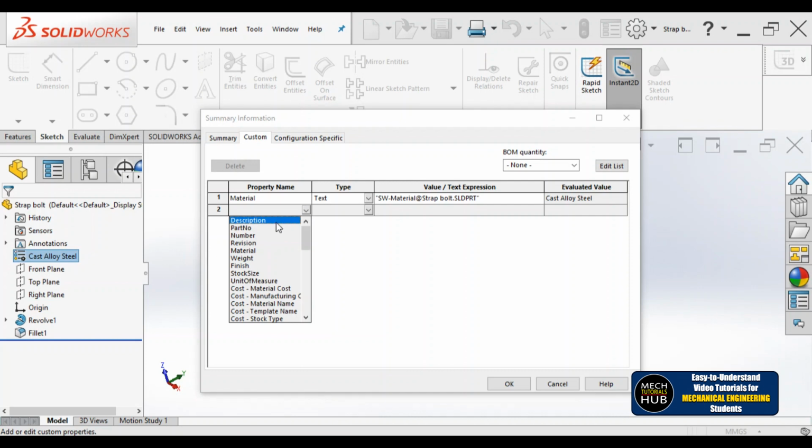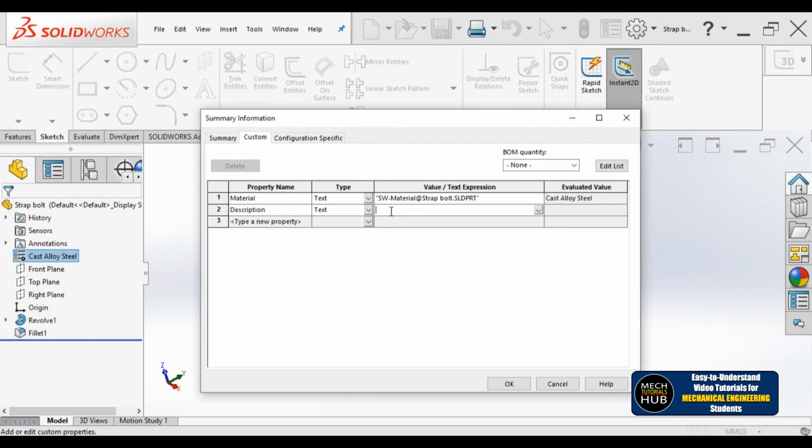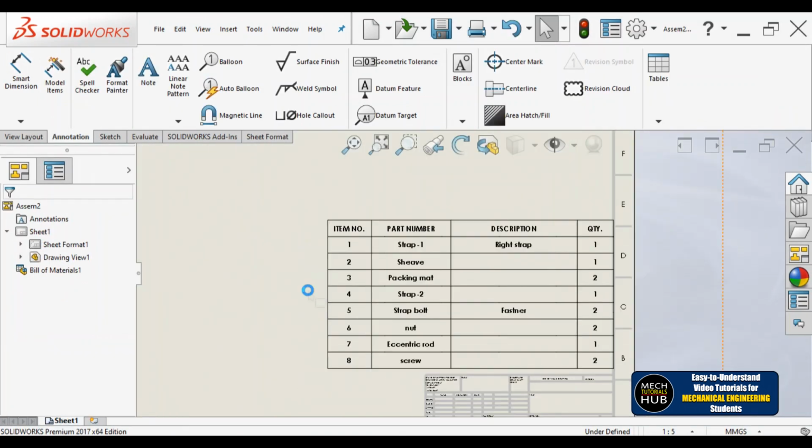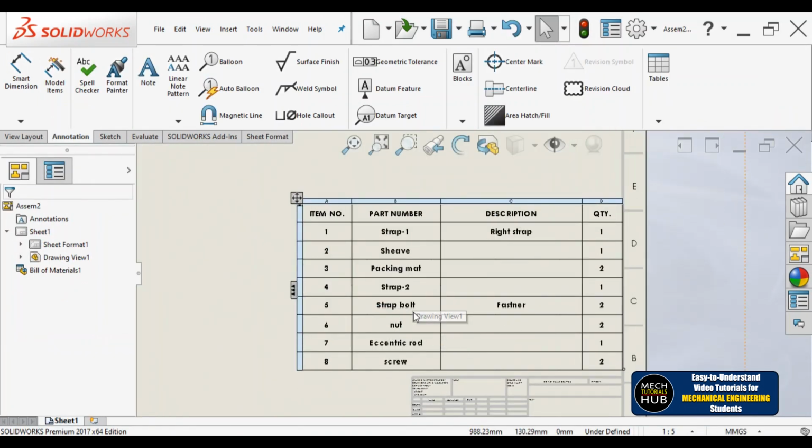Similarly, I told you about the description also. For the same part I would like to give some description, and the name of text maybe fastener. I just give the name as fastener. The same information is going to be placed there on the sheet. Once I say OK to this, let me close and save the changes whatever we made. Now you can see the draft sheet. Here you could see strap bolt, I have changed the description to fastener,